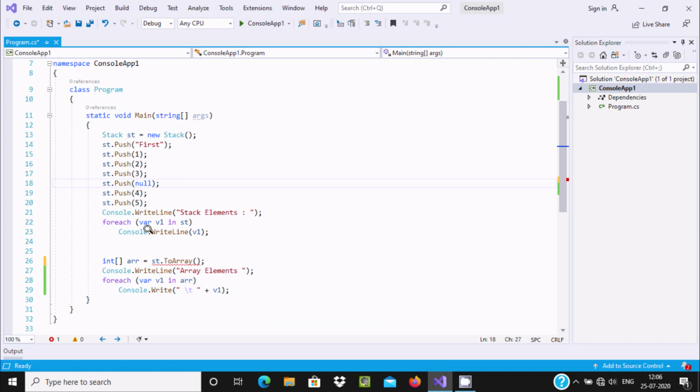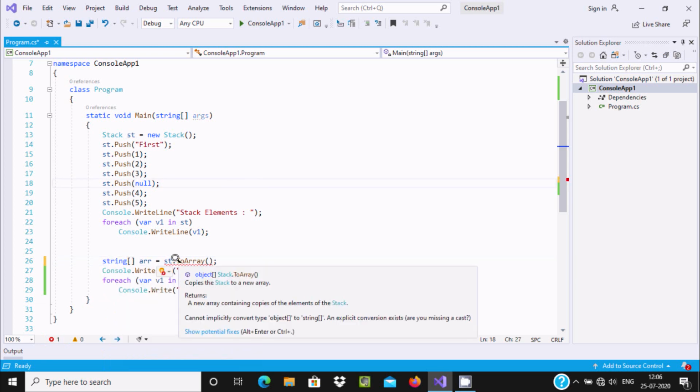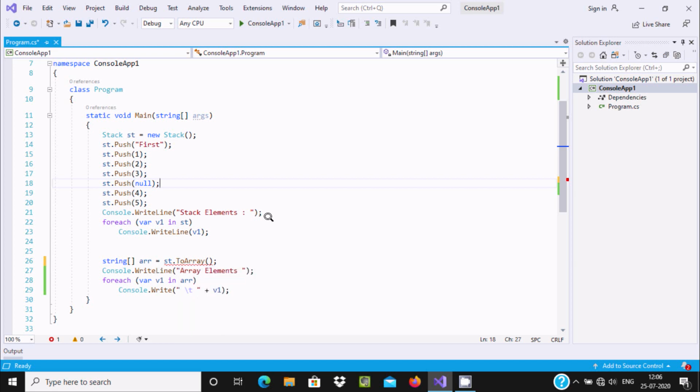So this receives object and tries to convert it into integer, so here it's getting the error. Now if I give string, again the same: cannot implicitly convert object. This kind of casting error comes up.